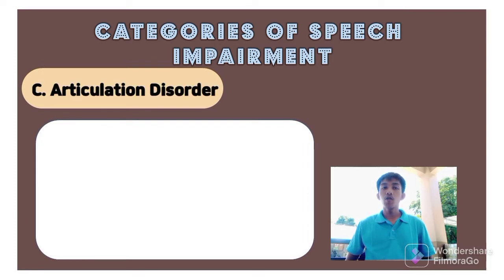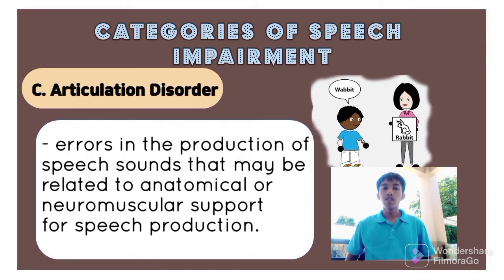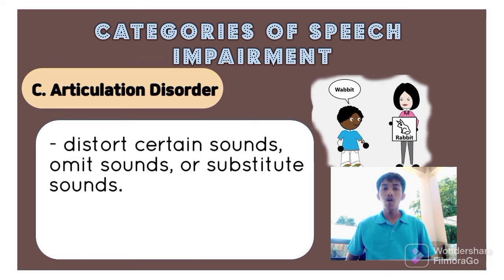Number 3 is the articulation disorder. These are errors in the production of speech sounds that may be related to anatomical or neuromuscular support for speech production. If you have an articulation disorder, you might distort certain sounds, like "thilip" for sip. You could also fully omit sounds, like "boo" for boat, or substitute sounds, like "wabbit" for rabbit. Brain injury, thinking or developmental disabilities, and physical problems that affect speech, such as cleft palate or cleft lip, are causes